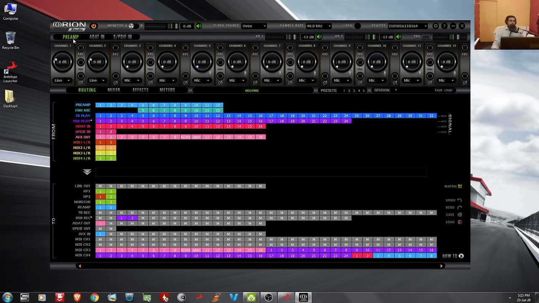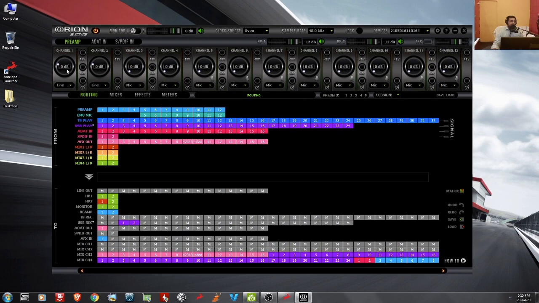So the Orion Studio has 12 mic preamps here. Out of the 12 microphone preamps, first 4 mic preamps have options for selecting mic, line or high-Z, and the rest of the microphone preamps have option to select mic or line. Okay, the 4 preamps are in the front panel and the rest of the preamps are in the rear panel.